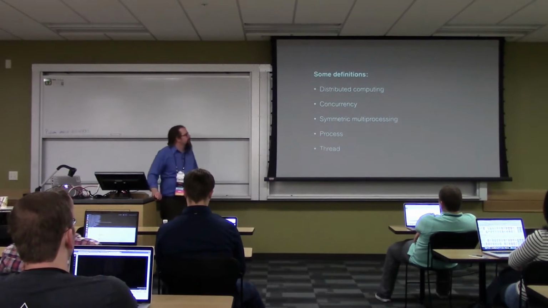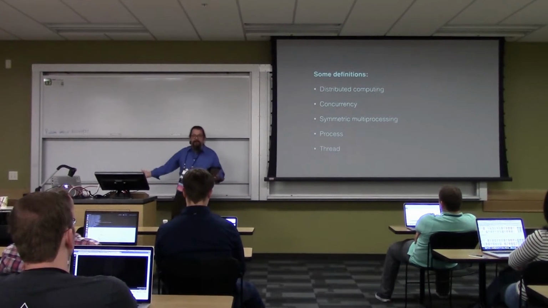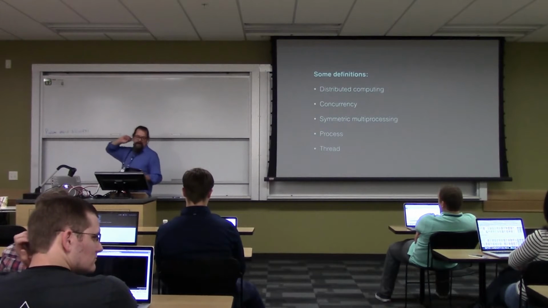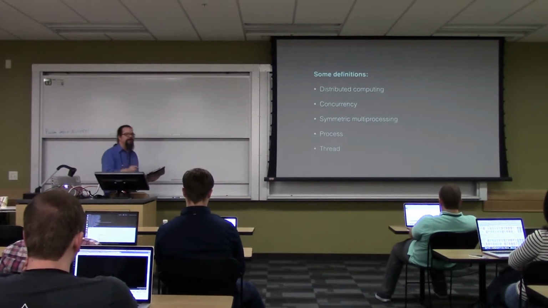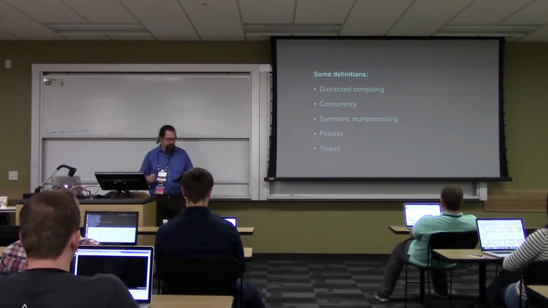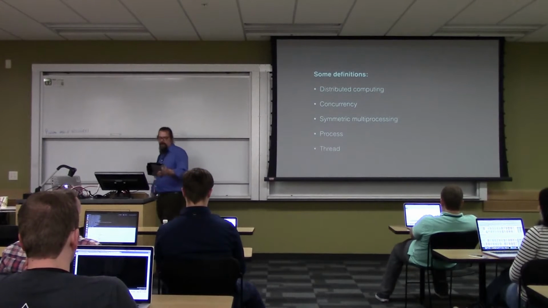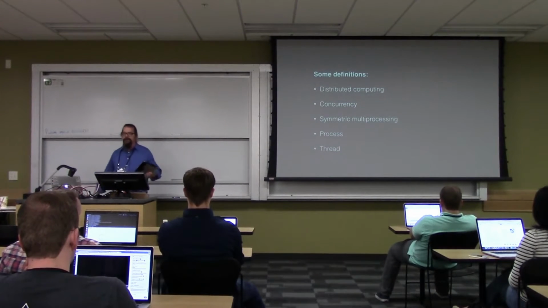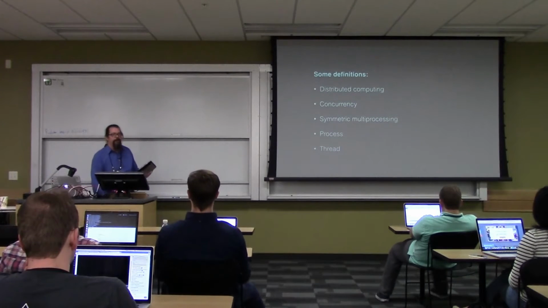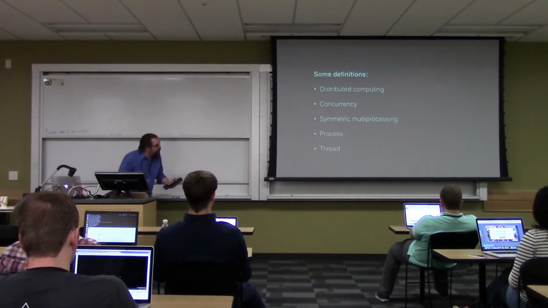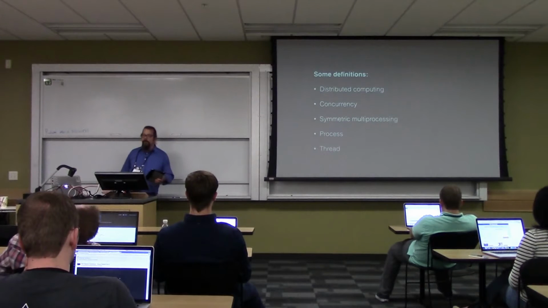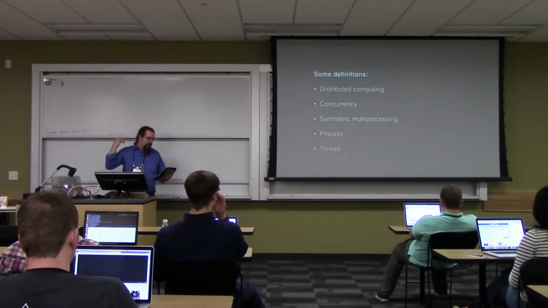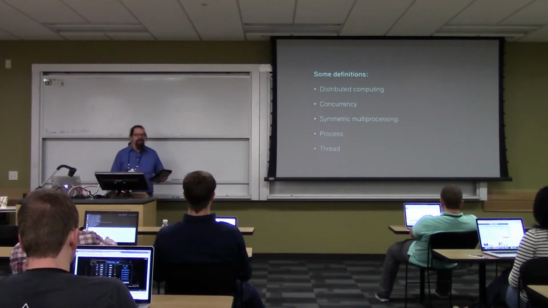So we're going to move on to concurrency and some definitions. Distributed computing is when our concurrent processes work together on the same problem. Concurrency is when more than one process is running, but they don't have to be working on the same thing. We do this at an operating system level all the time. Symmetrical multiprocessing is when we've got more than one core, and we spread our processes or our threads across more